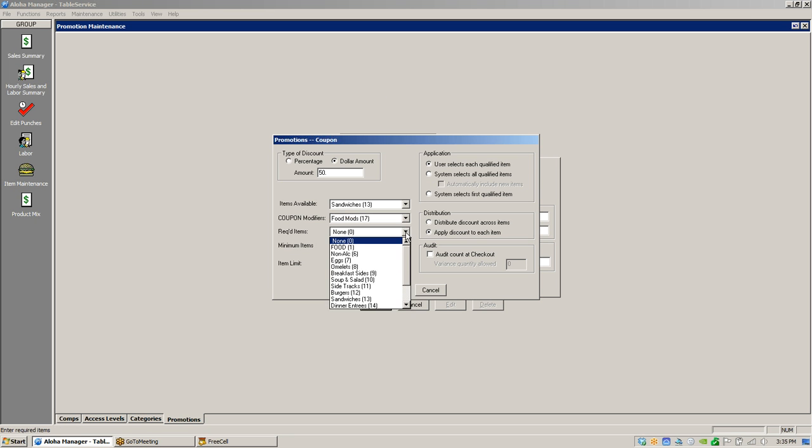Now, your required item. So let's say you required an item here. You required a sandwich to have the sandwich discount. It's going to ask you once again, minimum items. Well, you're going to have one item at least. Item limit, it's going to be one. And once again, you can distribute this across items. So if it was 50% off everything on the guest check,